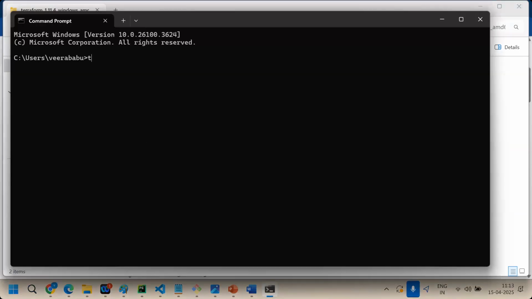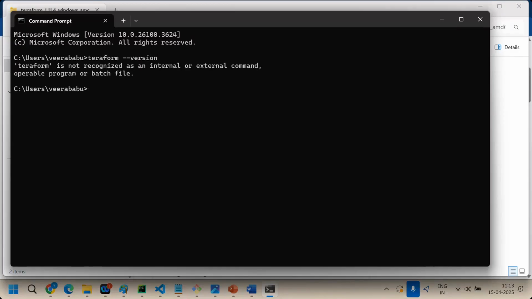Give again terraform --version. It's 1.11.4. If you did it correctly and still unable to access, restart your laptop. It will work. Clear? Perfect.